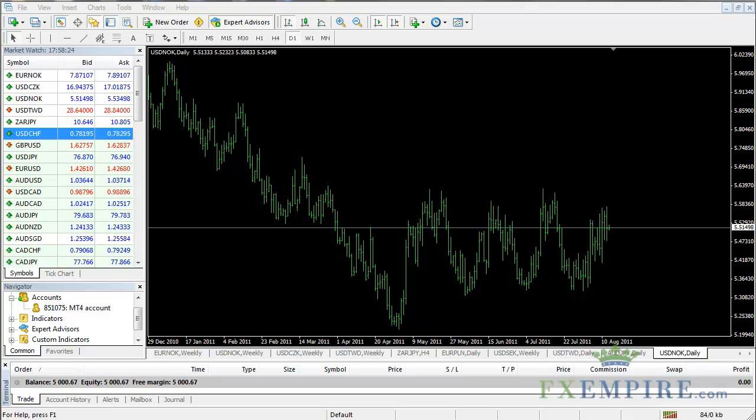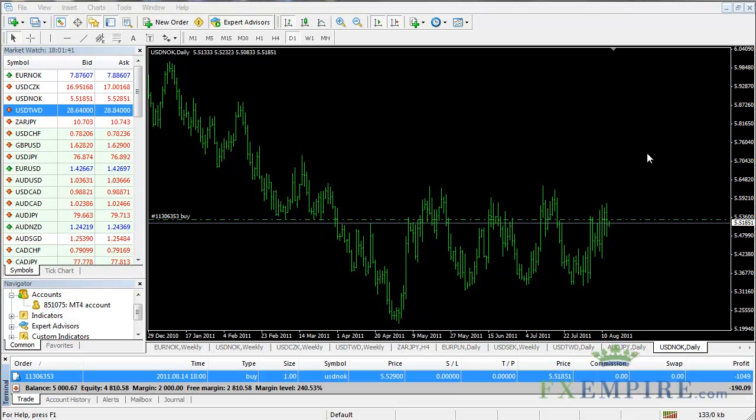The immediate order is a simple market order. In other words, you are trying to get in the market at that specific price. So in this case, in the dollar Norwegian krona, we would want to enter the market at the price that's being displayed. The pending orders are a little bit different because they're the stop and the limit orders that are trades that will be fired off once certain conditions are met. There are several different ways to enable the order window in MetaTrader 4. You can press F9, which